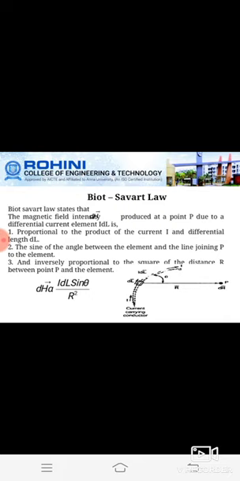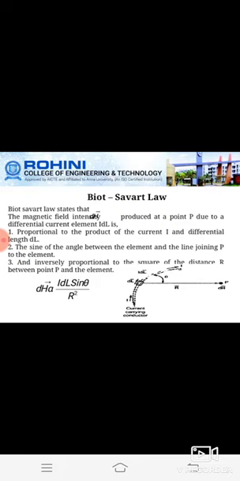And the next topic is Biot-Savart law. Here we are considering a conductor carrying a direct current and a steady magnetic field. The Biot-Savart law allows us to obtain the differential magnetic field intensity at a point, which is directly proportional to the current and the differential element dl. It is also directly proportional to the sine of the angle between the element and the line joining the point, and inversely proportional to the square of the distance r between the point P and the element.